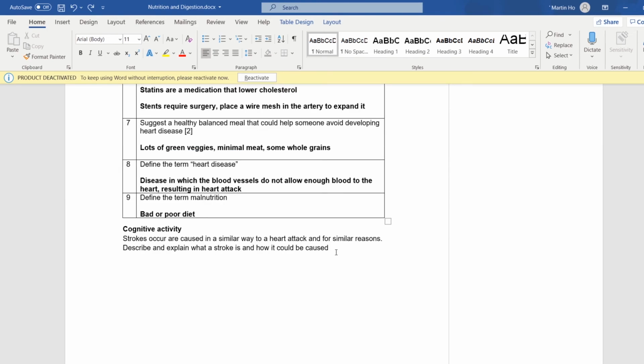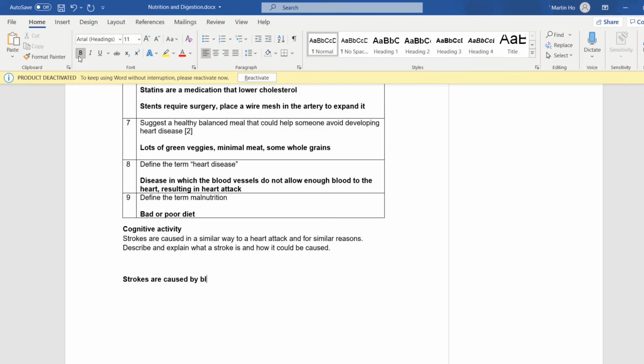Before we finish this lesson, I want to take a look at this cognitive activity, almost as an extension of this lesson. Strokes are caused in a similar way to a heart attack and for similar reasons. Describe and explain what a stroke is and how it would be caused. As many pupils would be familiar with, heart and stroke are typically tied together when we're talking about diseases. Strokes are also caused